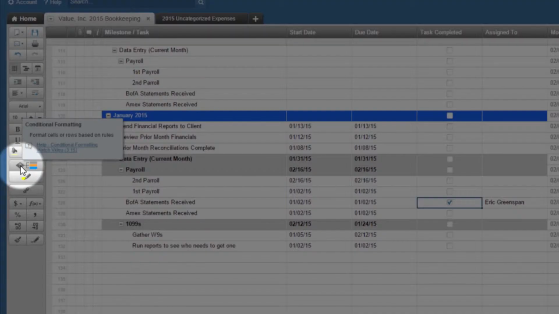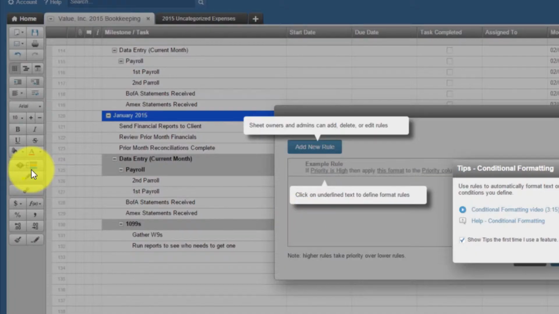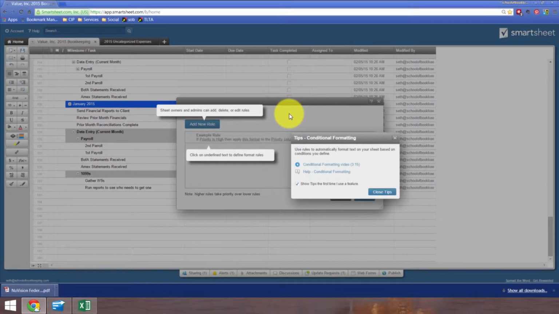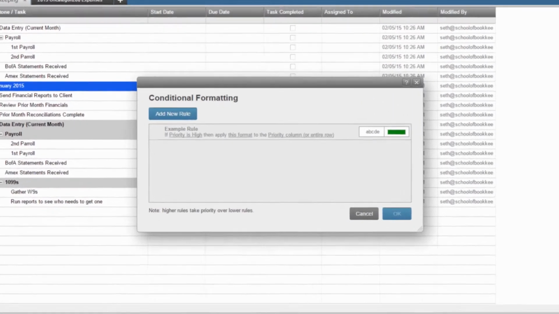We're going to look for this icon right here. If you hover your mouse over, the help tip pops up and lets you know this is the conditional formatting option. When I click on that, and if you have it set as such, especially with a new account, you're going to get these tips that pop up. I am your tip tool pop-up box for this purpose, at least for now. Conditional formatting is a great way to make your project very visual and thereby making it very easy for people to see exactly what the status of the project at large is and, of course, the status of a particular